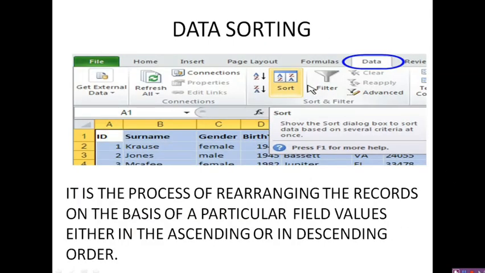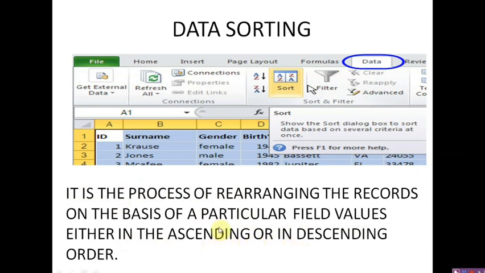Next is data sorting. What is data sorting? It is the process of rearranging the data or records on the basis of a particular field's values, either in ascending or descending order.